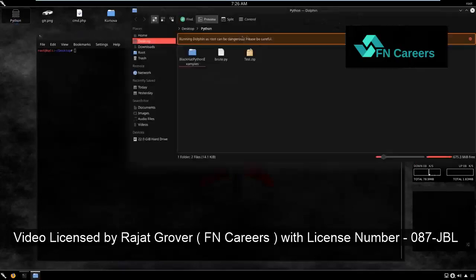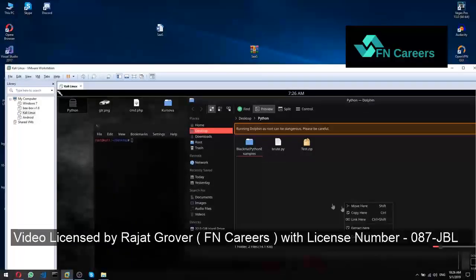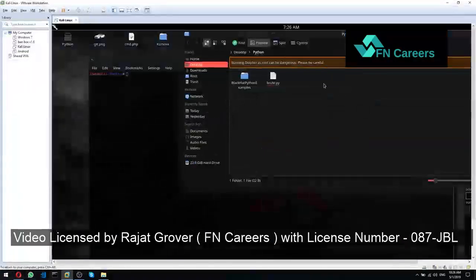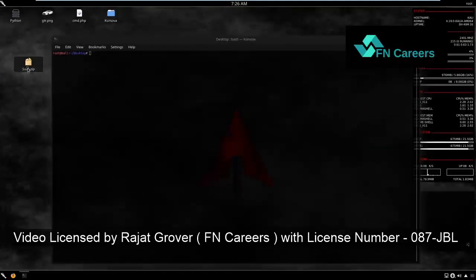Let's open up that folder right here, and now let's move the file to here. Copy, and now we can move it to here. Move here. I don't need that. So here. Right now I am on my Kali machine, I have the zip file right here, and let's try to crack